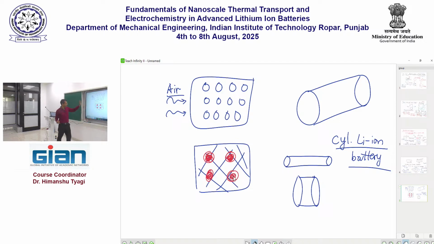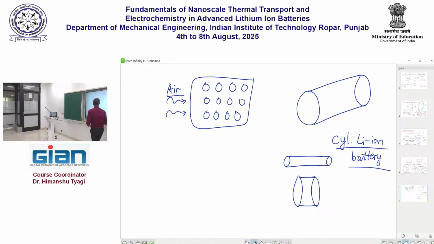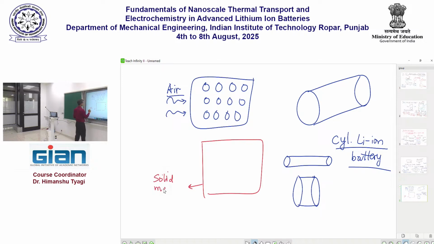I don't know if this is clear. Sorry, let me just draw this again. I don't think I did a good job here. What I'm trying to say is that we have a solid metal block. In this solid metal block, I will drill holes and make space to insert lithium ion cells. In that case, if I blow air over this body,